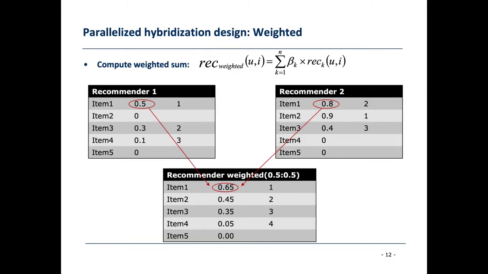So let's look at weighted. Here is the actual weighting of these two exemplar recommender systems, recommender 1 and recommender 2. Looking at the two boxes which are presented, they clearly indicate that items 1, 3, 4 are recommended by recommender 1 and 1, 2, 3 by recommender 2. But now when we blend them together with a rating value as represented in beta sub k,